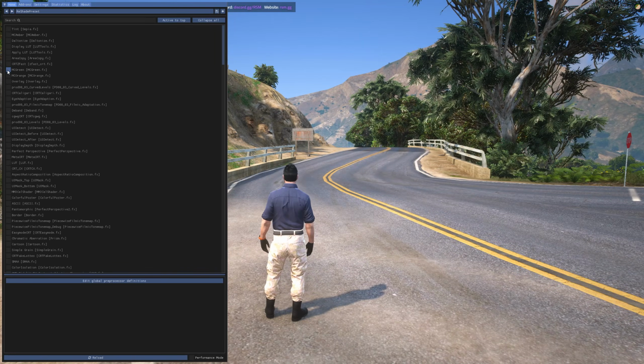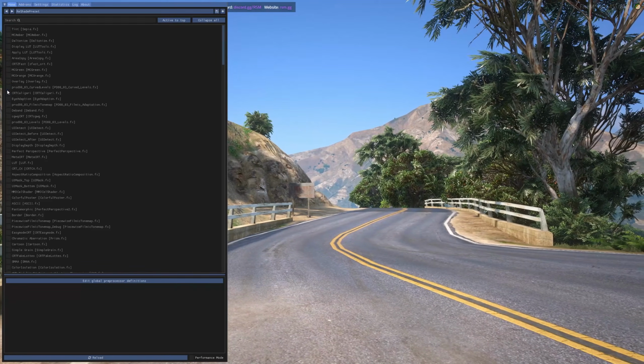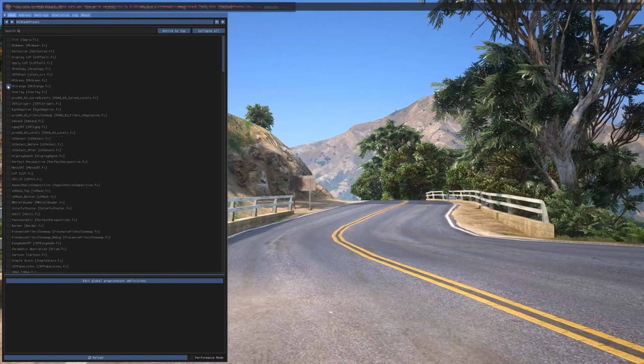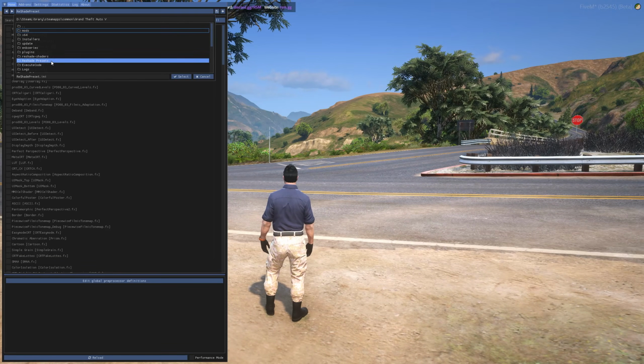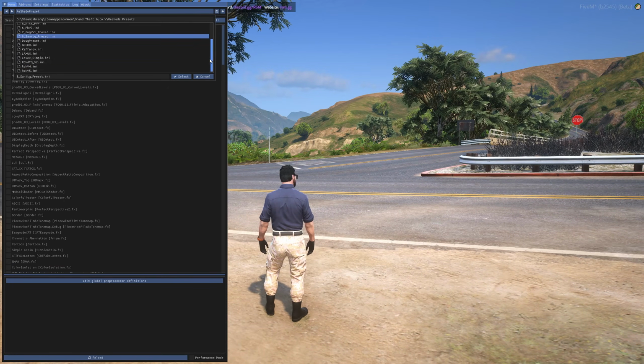To access the downloaded Reshade presets, make a folder in GTA main directory named Reshade presets and keep all the INI files in there. To access the downloaded presets in the Reshade menu, browse and select Reshade presets folder which you made earlier and you'll be able to access all the downloaded presets.